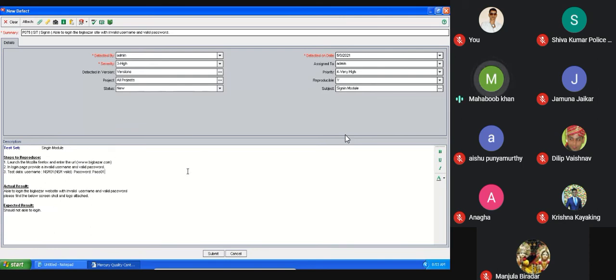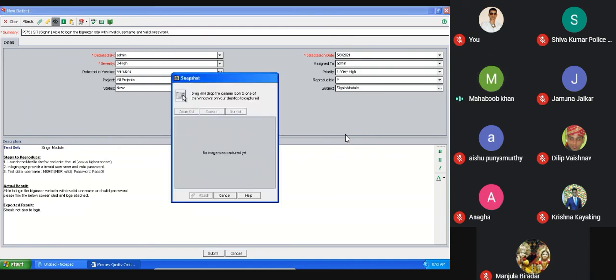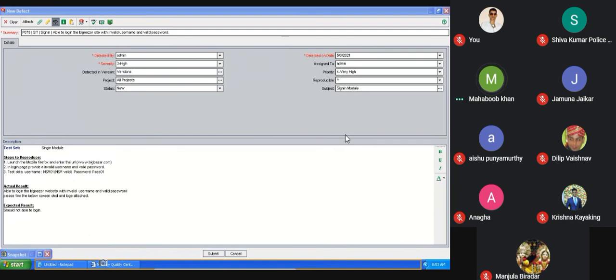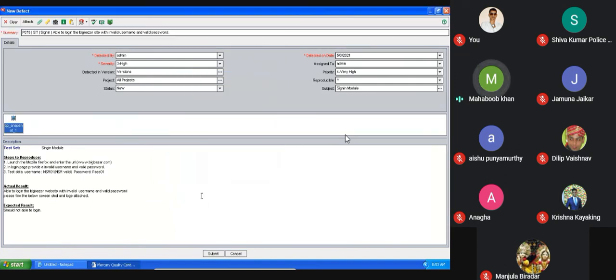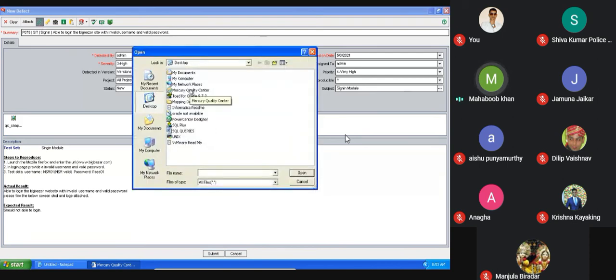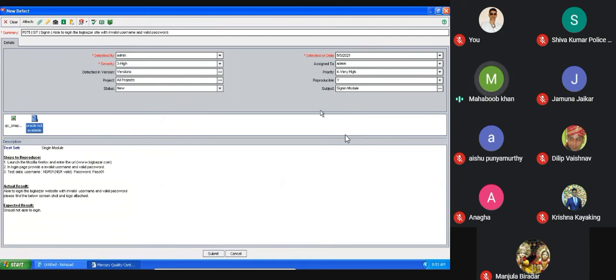Now you need to take the image. So again, go and click here, drag and drop it to here. Okay, open this. I want only the footer to be taken, so attach this. If you want to know the path of the attachment, go here. If you want to take screenshots anywhere, take the screenshot and open it. Whatever you want as an attachment, you can attach here, do the spell check, and once everything is done, submit.